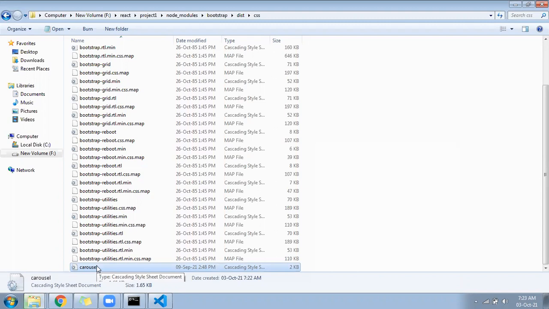After keeping the file in the particular location, download that file and keep it under this particular location.